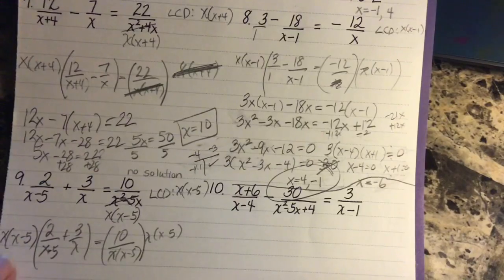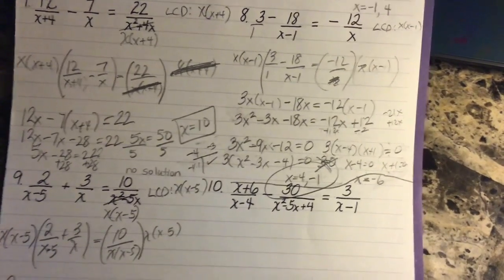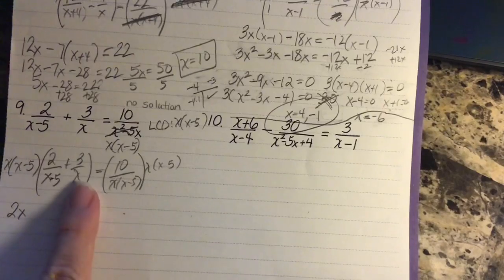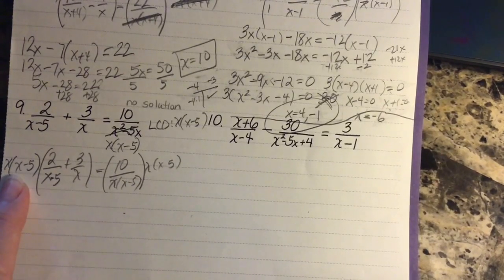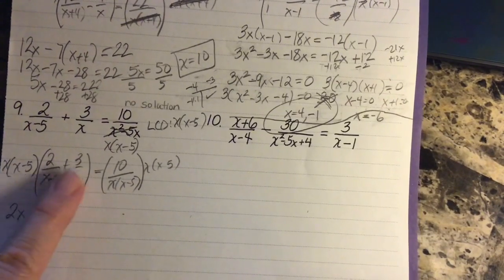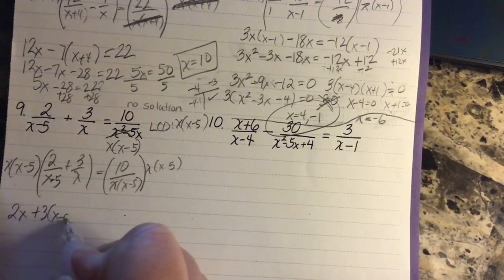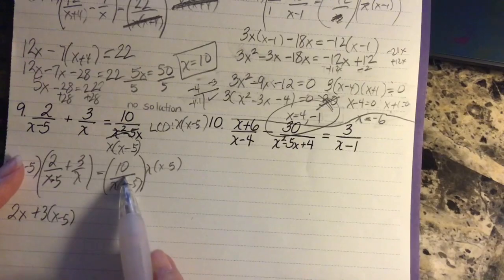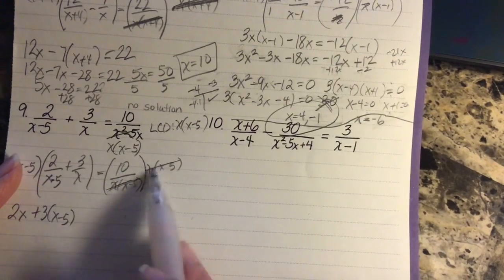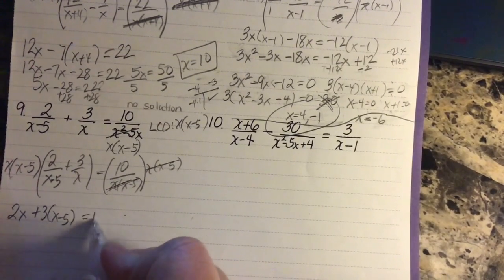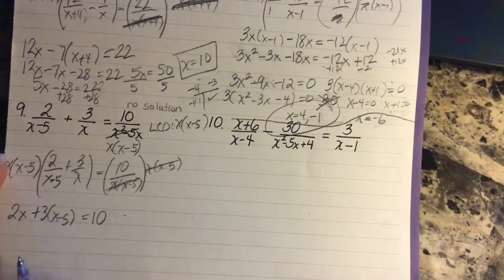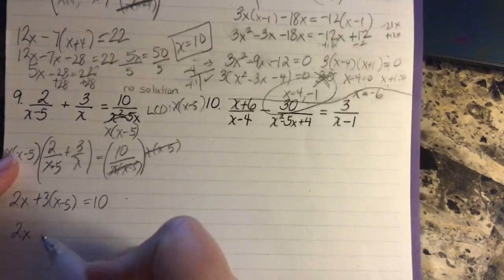Okay, so when I multiply this least common denominator times this fraction, the x minus 5s will go away. I'm left with 2x. When I multiply this fraction by this least common denominator, the x's will cancel out. I'm left with 3 times the quantity x minus 5. On the other side, these cancel out. I'm left with 10. Then when I want to solve, I'm going to distribute,